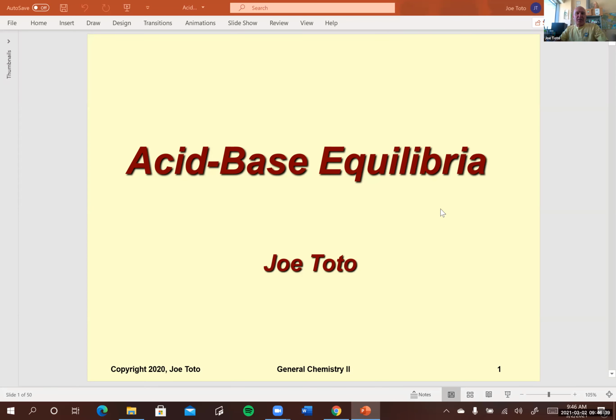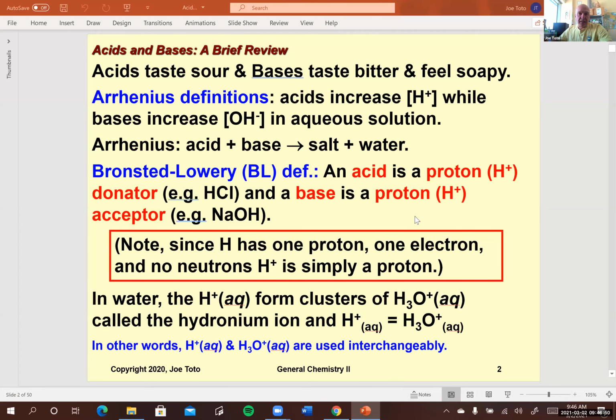All right, so this is the next chapter that we're going to take a look at, which is the acid-base application of equilibrium concepts. And we start off with some definitions like we usually do in new chapters. And we try to connect with some of the stuff that you looked at in Chem 200, namely acids and